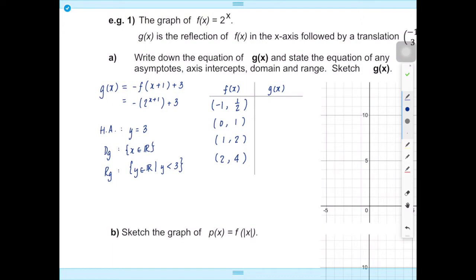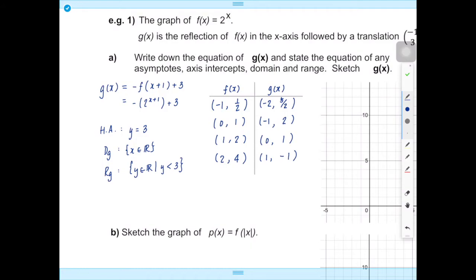Now g of x, the x value is affected by the shift to the left. So we make everything one step to the left. The y value first will get multiplied by -1, and then we add 3 to that. So -1/2 plus 3, that's 5/2. -1 plus 3 is 2. -2 plus 3 is 1. -4 plus 3,